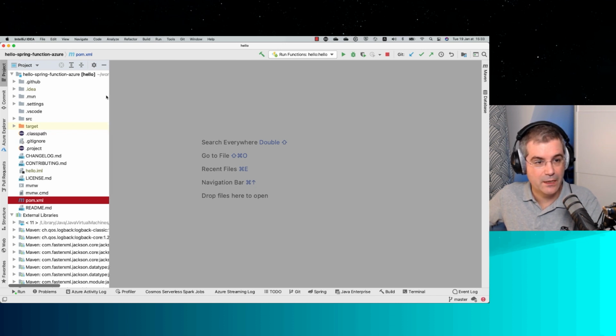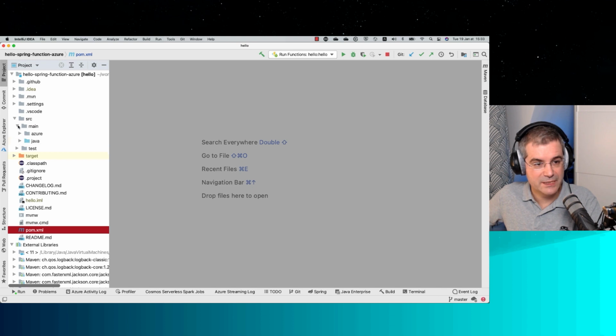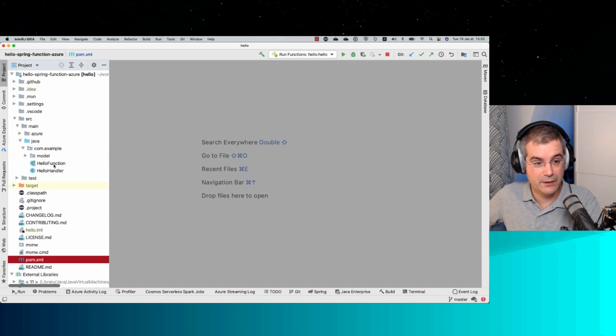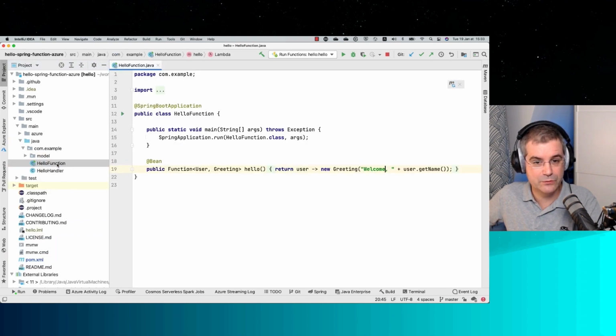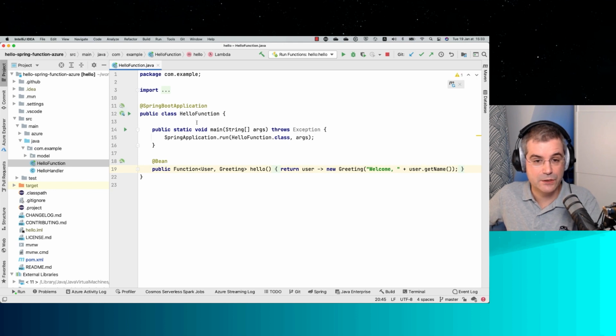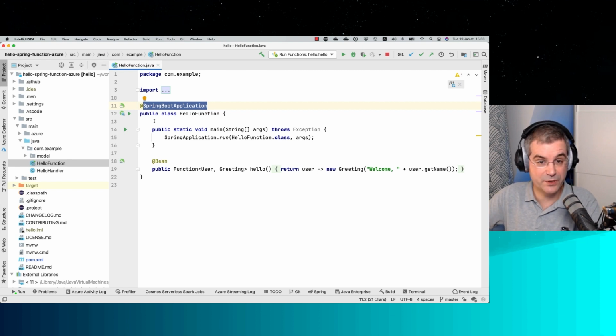So here it is. What is interesting with this about Spring first? Let me open up those two files. The first one is HelloFunction. As you can see, it is annotated with a Spring Boot application annotation. So this is a real Spring Boot application. It benefits from all the Spring Boot ecosystem.